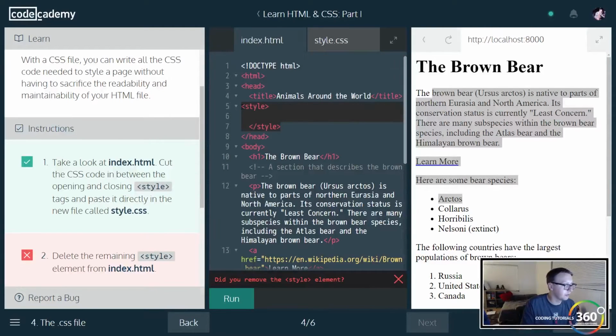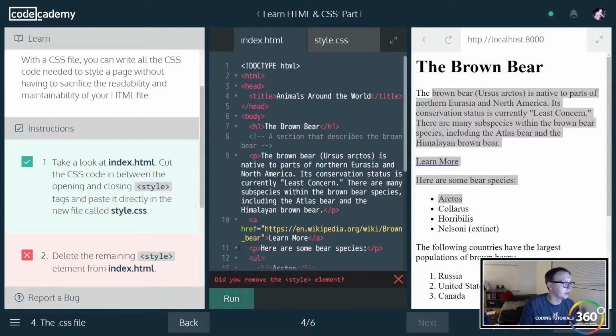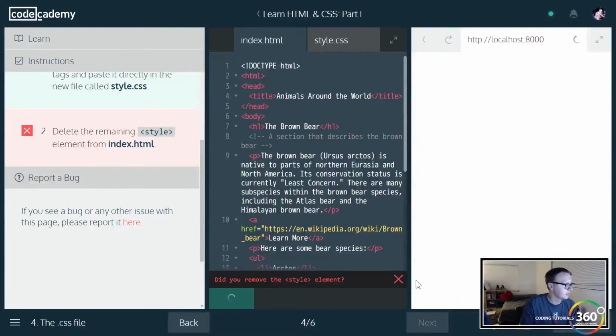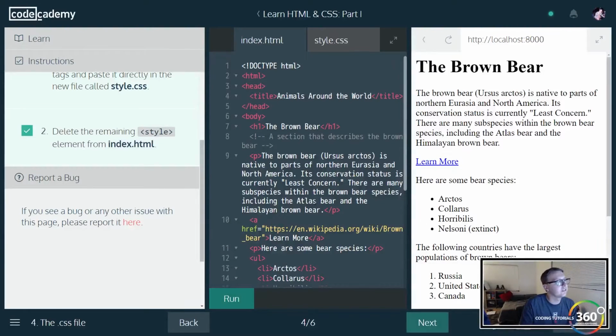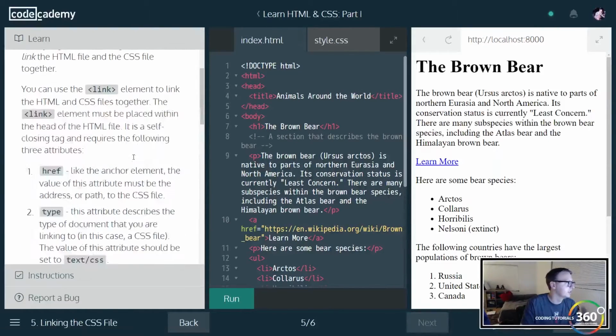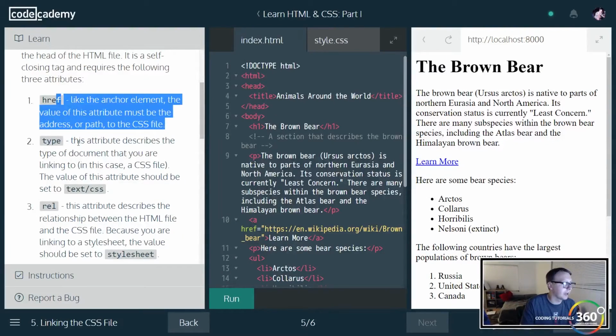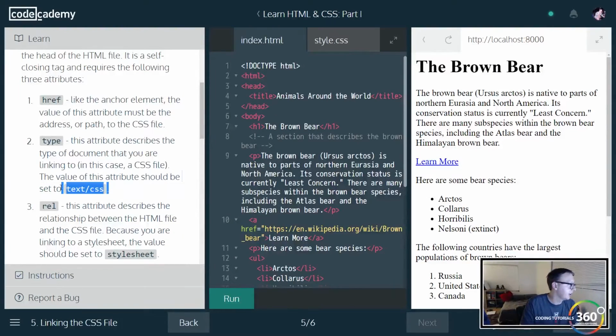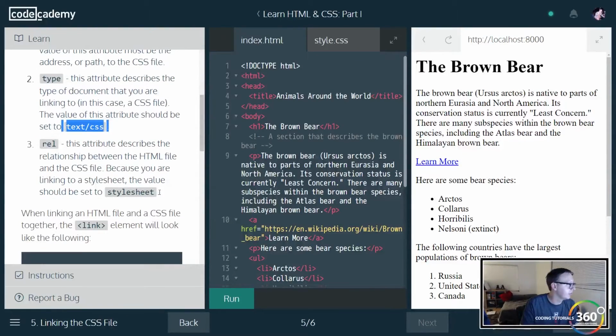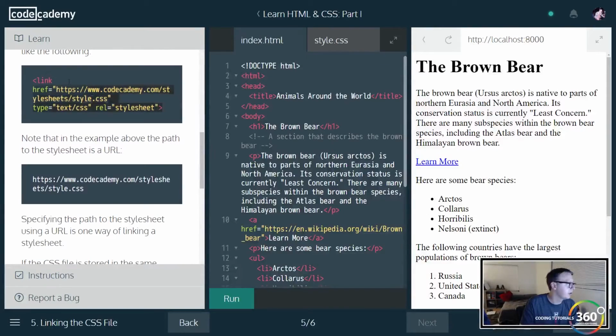First, let's go ahead and remove these style tags we don't need anymore. But none of our style is displaying. It's because our link isn't referencing anything. It's not there. So this goes into the href. It's basically the path of the file. The type for CSS, this is text/CSS. Rel is style sheet. So what we want to do is just take this link and put it in our